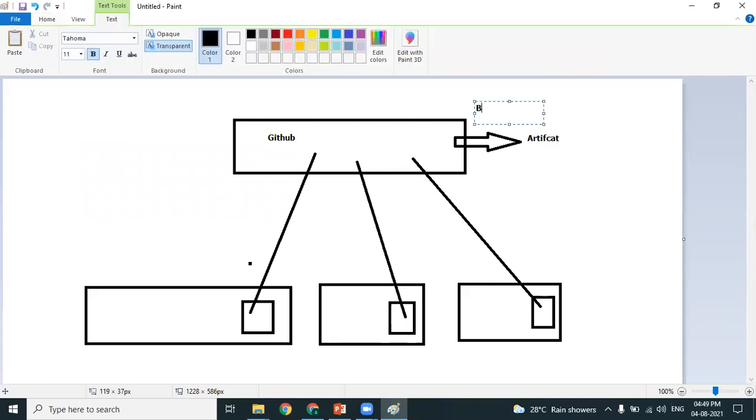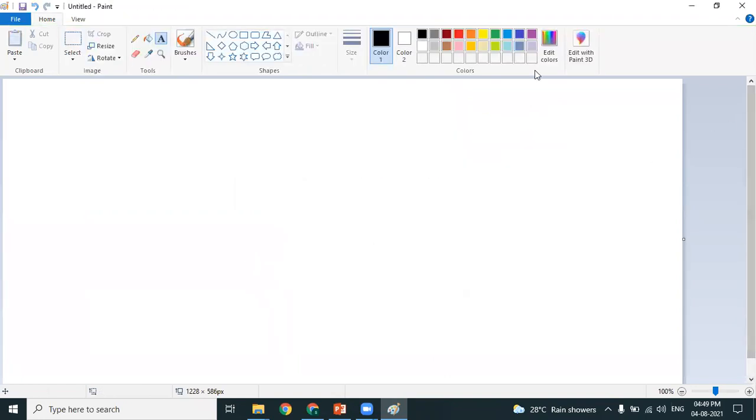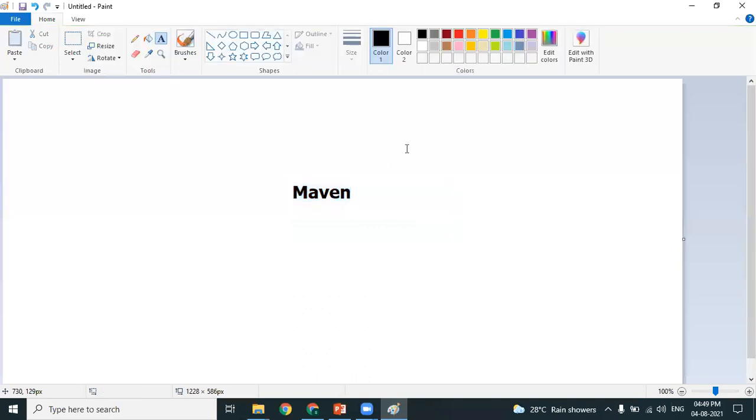So what is the purpose of a build tool? Now coming to the concept of a build tool. There are a lot of build tools available. Our discussion is with respect to one popular build tool called Maven, Ashwant. Now we are understanding the concept of Maven. If anybody asks you what is Maven, your answer should be that Maven is a build tool. So what will the build tool do? Pretty simple. The build tool will take the source code as input.